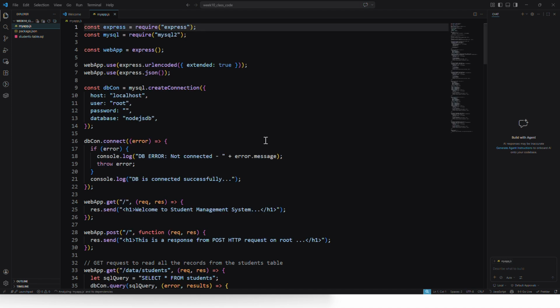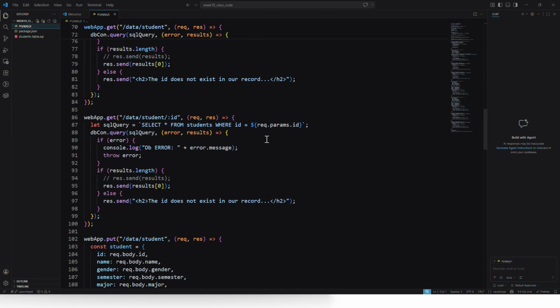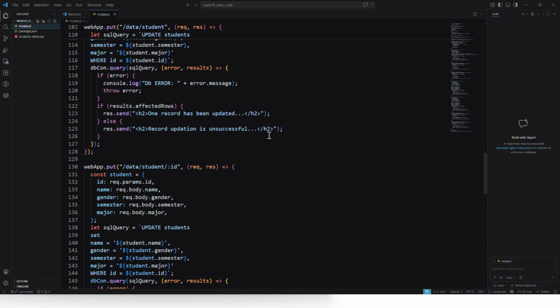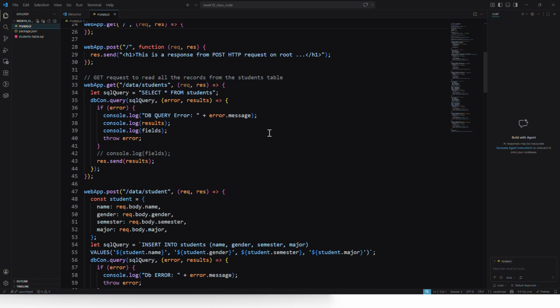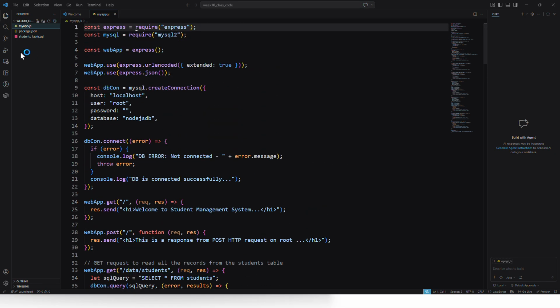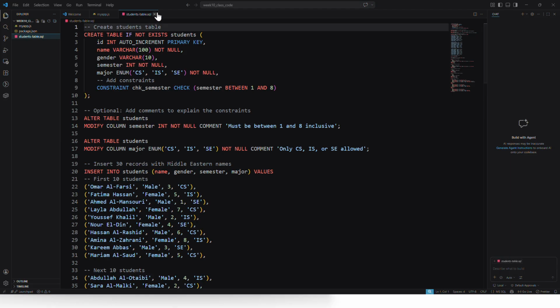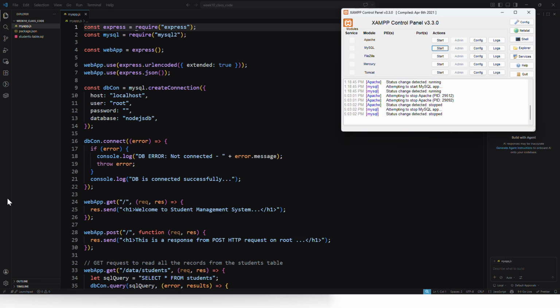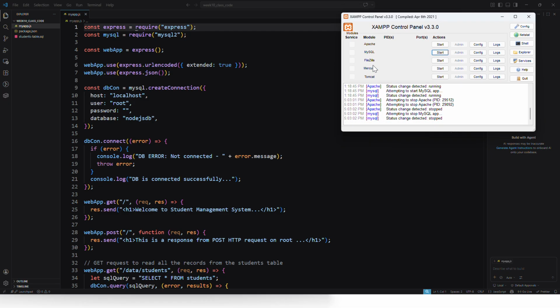If you look at that, we have implemented these files here. So this has different types of HTTP requests implemented here, different types of get request, post request, and so on. And this is our SQL file. First of all, the next thing I need to do is make sure that my SQL server is actually running. So we open the XAMPP application, and then we make sure that these two services, the Apache and the MySQL,